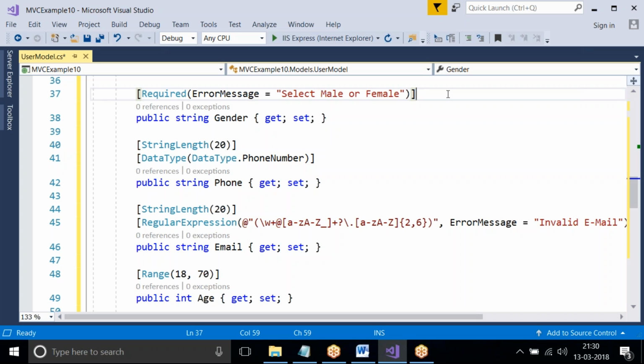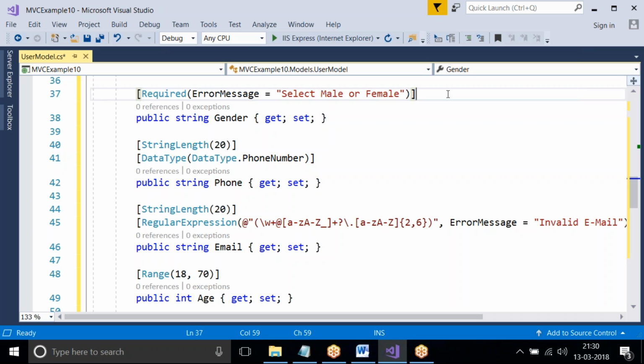See, in the 10th example, when we create a view, we'll get labels and text boxes. In the 11th example, after this, we'll discuss advanced MVC architecture. In the 11th example, I'll tell how to change text boxes to other controls.